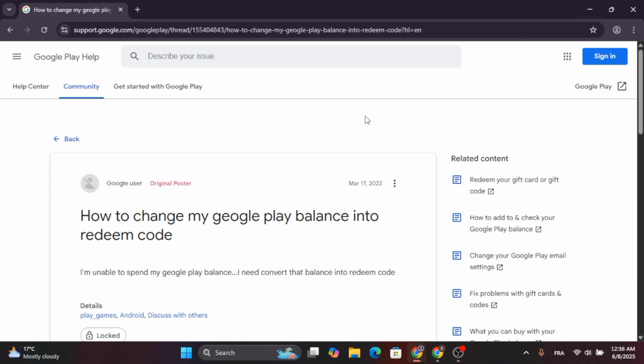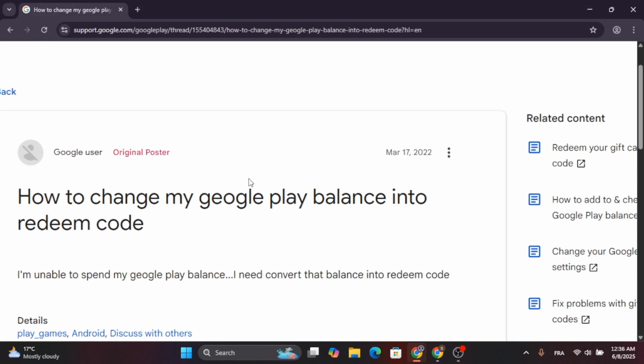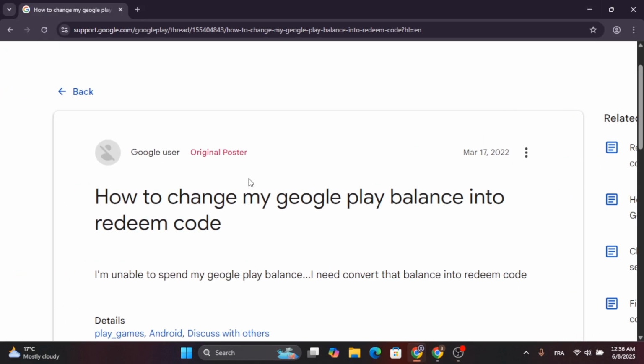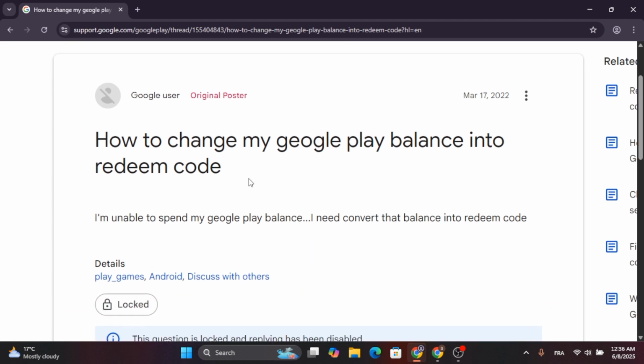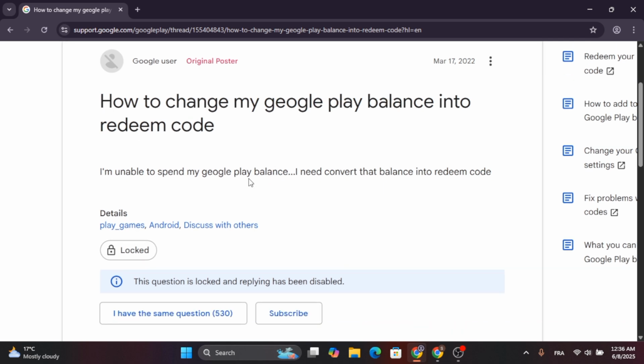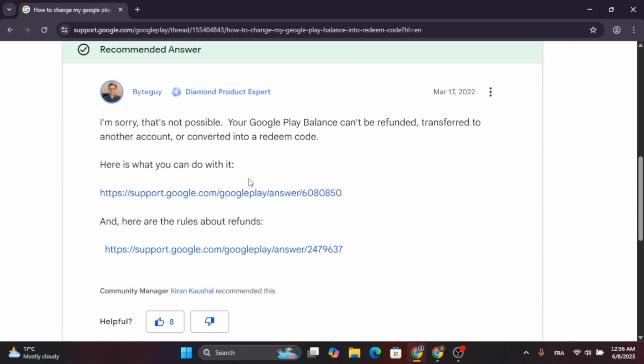In this video, I'm going to show you how to convert Google Pay balance into redeem code. Now, this should be a quick and easy process video. So, if you are asking how to change your Google Pay balance into redeem code, just like this client right